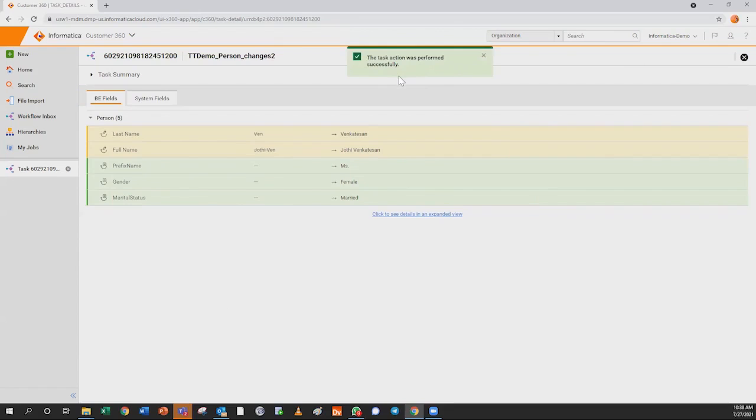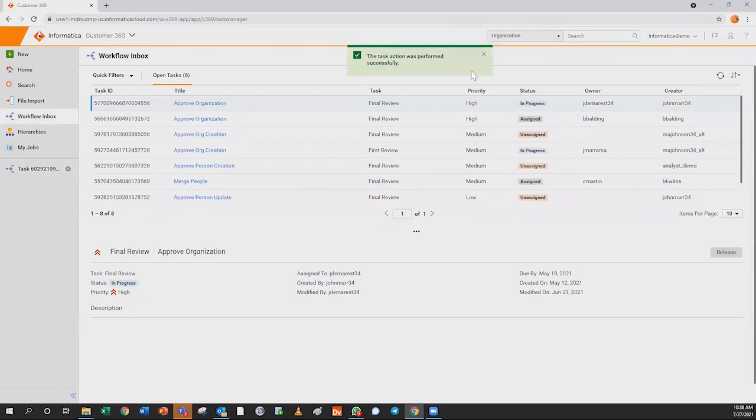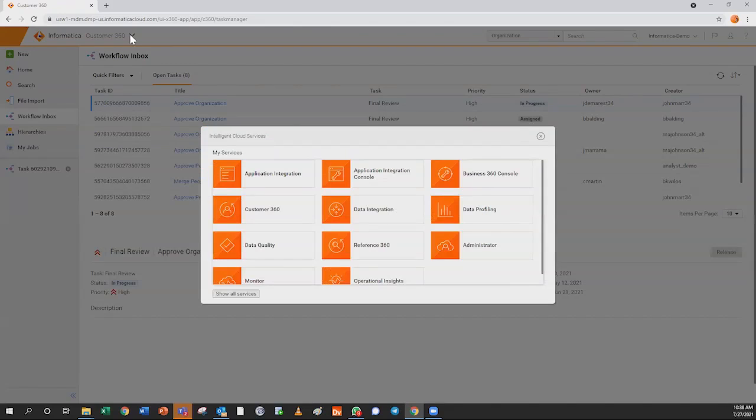All right, so the task was performed successfully. Now if I go back into the workflow and refresh, you will not see the task waiting on me anymore. So in this one, as the same user, what we did just now, if we go back into the Business 360 console,